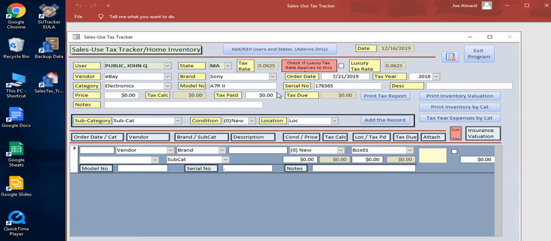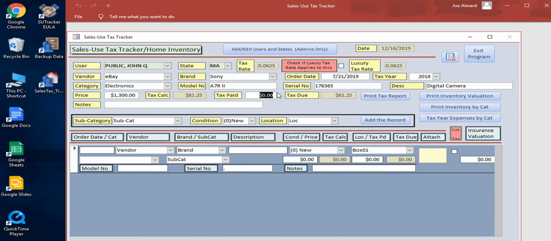And the description is digital camera. John won an auction for $1,300, and the calculated state tax obligation John has to the state of Massachusetts is